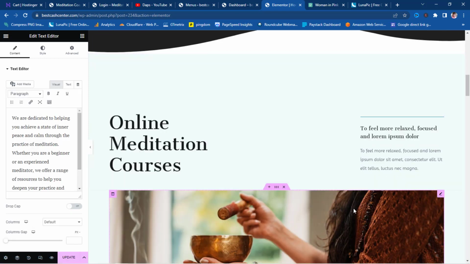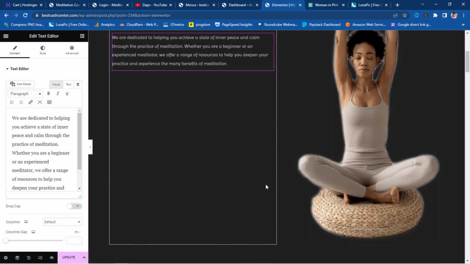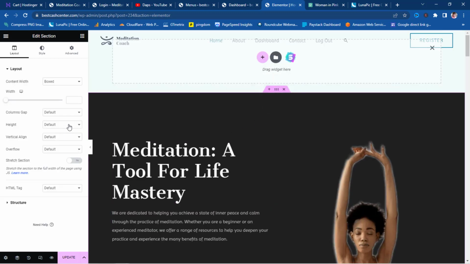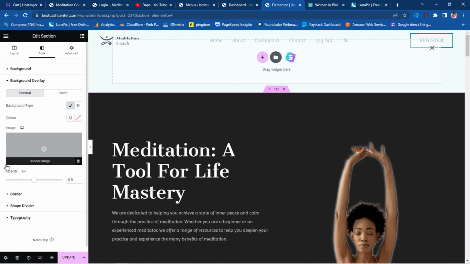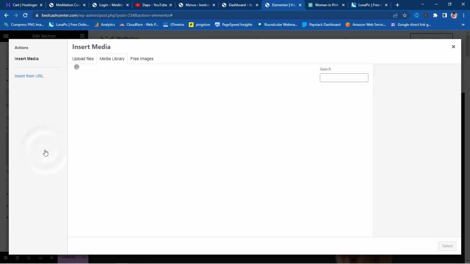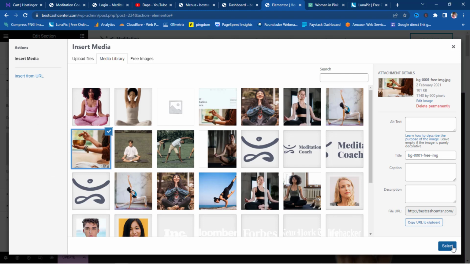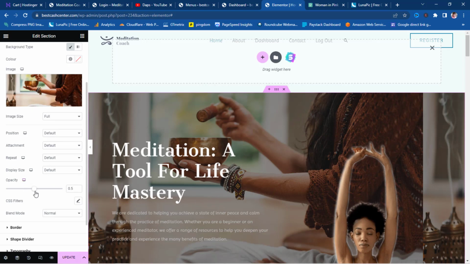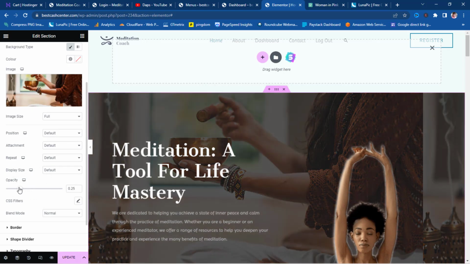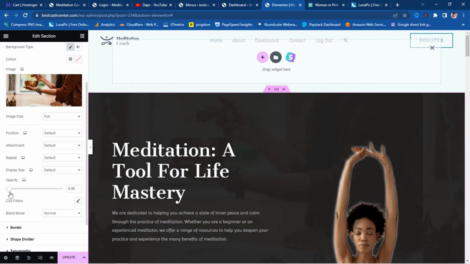So this is the image we had here before, so I will use this image here as my background. So I can hit this, and then I'll come to styles. So you can see we have this color as our background, which is not bad. So I can leave this, I can come to my background overlay, and then I can choose an image. So I can come to the opacity and just play around till I find a perfect blend that I like. So this is good. So something a little like that. Alright, so if I close this,